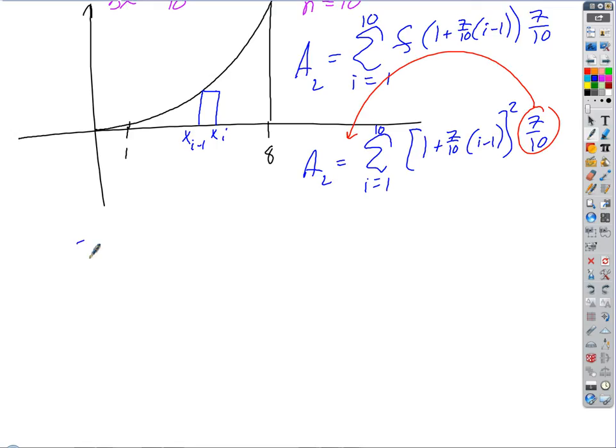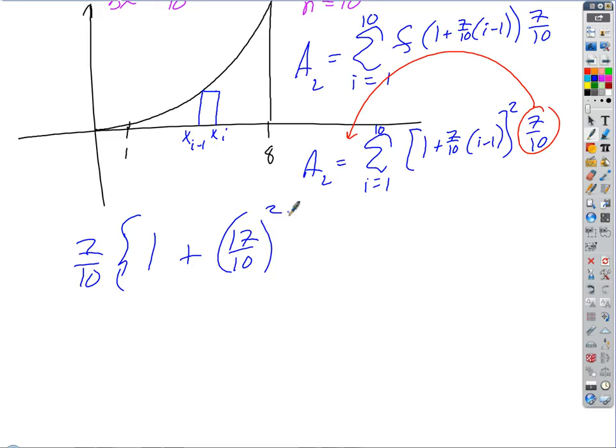So we'd have 7/10 times 1 plus 7/10 times, 1 minus 1. 1 minus 1 is 0, so the first one's just gonna be 0. Plus 1 plus, wait, it'd be 1, sorry, because it's being squared. My bad. I was thinking the picture started at 0. I wasn't even really thinking about the problem. So then we get 1 plus 0 squared is 1, plus 1 plus 7/10 times 1 is 1 and 7/10, so 17/10 plus